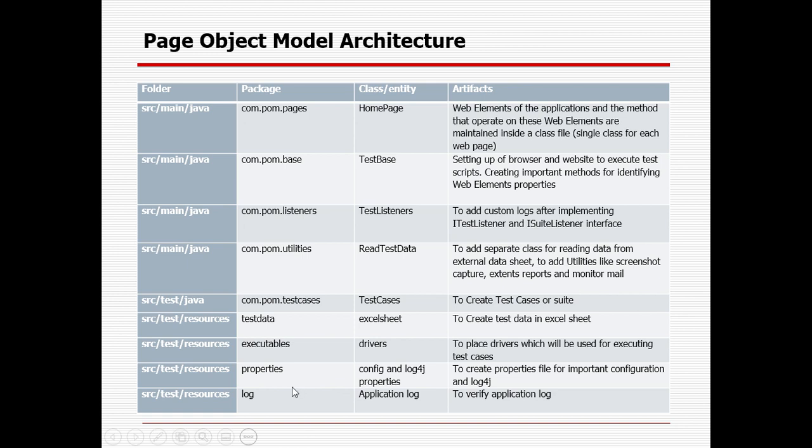We will be creating some properties files. One is for config properties, one is for log4j properties, and a log file where we can generate the application log in case something is required. Today we will be creating two important packages, and the remaining will be covered in tomorrow's next session. So first we'll be creating